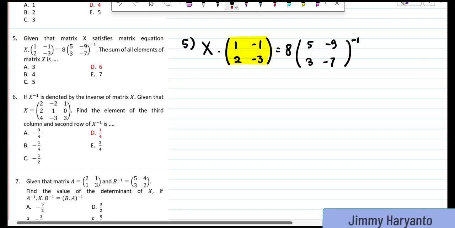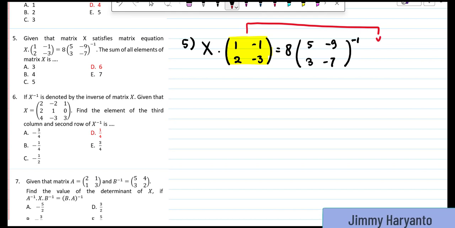Please pay attention to the location. This matrix is to the right side of the x. That means if you want to move this matrix, it has to be to the right side of the matrix also. Yeah, so I will write it down like this: x equals to 8, and then take a look at this